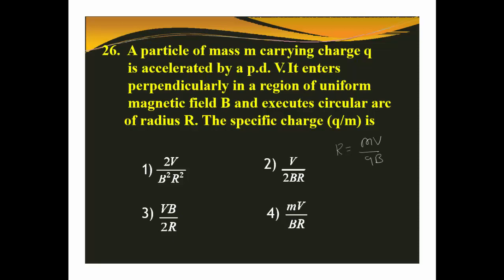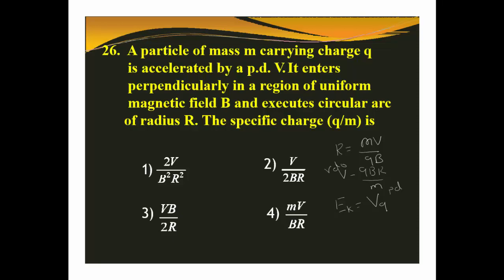Now what is the velocity formula using this? It will be qBr divided by m. So this is the formula for velocity. We know that kinetic energy is in terms of potential difference. I can write it as VQ. What is V here? Potential difference. This is potential difference, not velocity. Here, this is velocity.